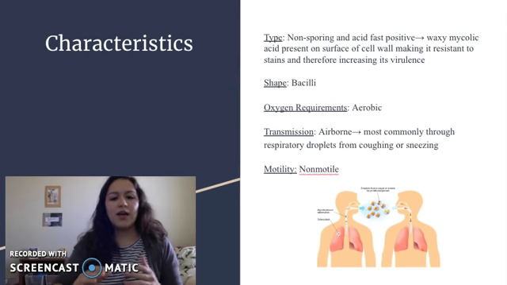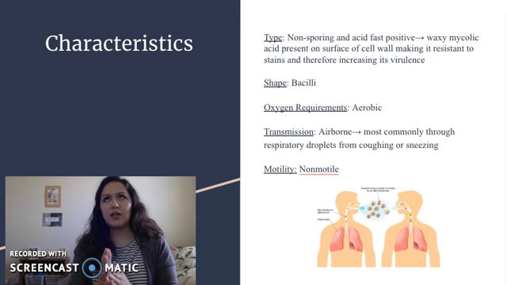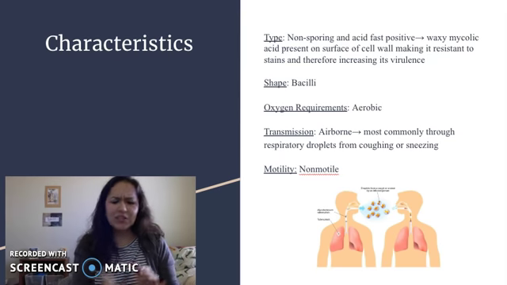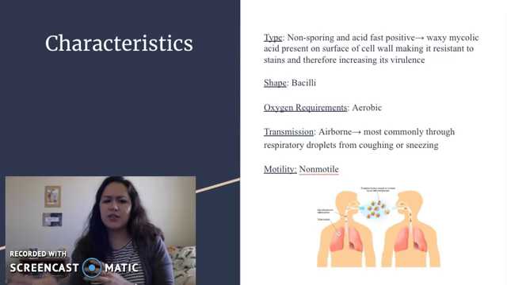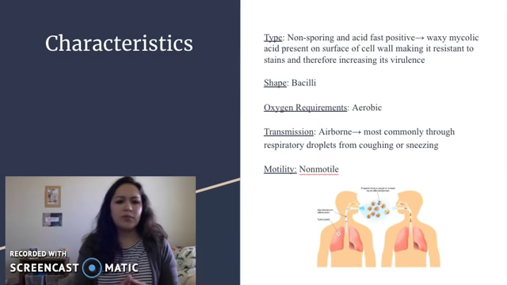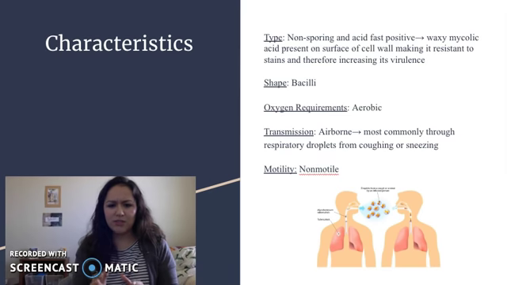And something that I found interesting is that leprosy, a lot of the symptoms actually share similar characteristics to those of tuberculosis. It's just that one is a little more external and one's a little more internal. So the internal one is tuberculosis. So the type of cell that it is, is non-sporing and acid-fast positive. In terms of gram-negative and gram-positive, there isn't really a clear